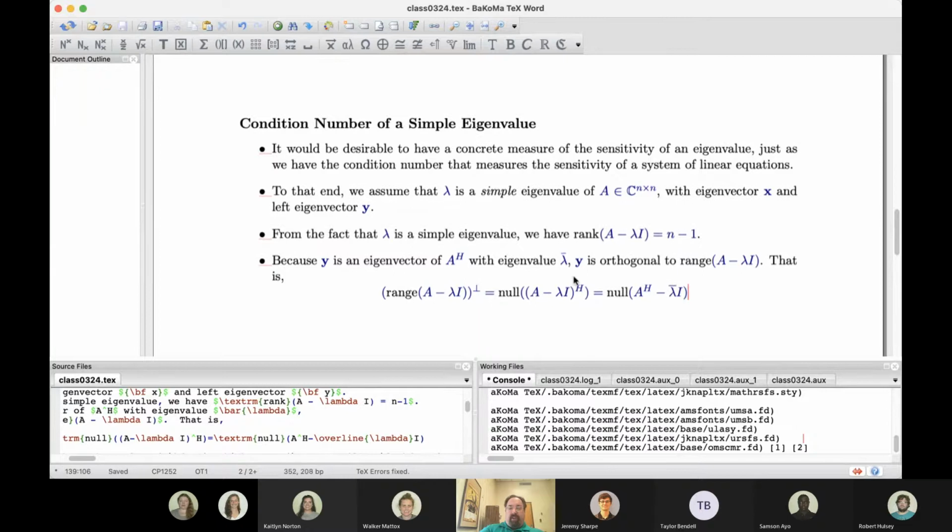So a vector that is orthogonal to everything in here must be in the null space of here,